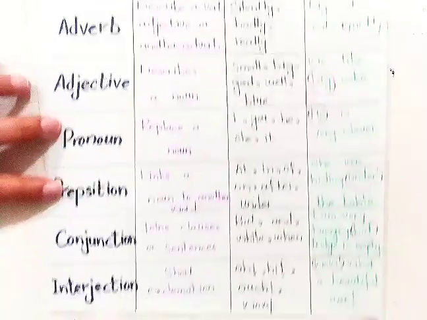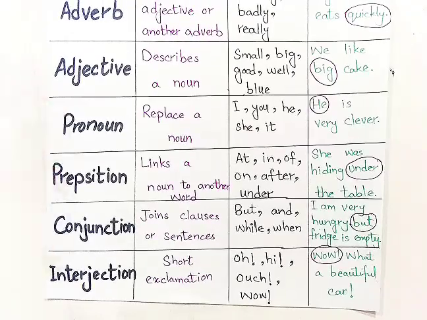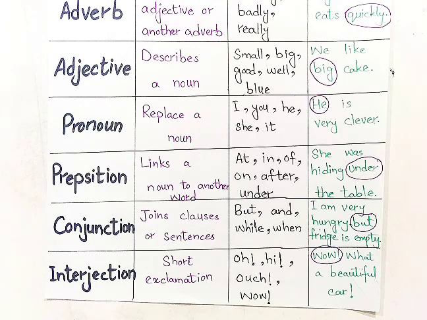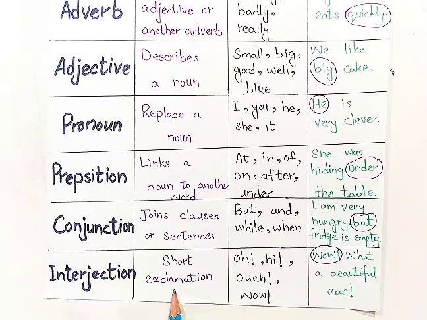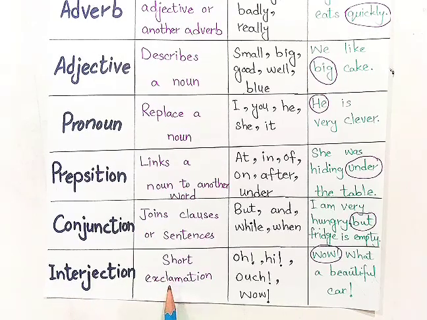Last but not the least, we have interjection. Now the function of interjection is short exclamation. Examples: oh, hi, ouch, wow. Sentence we have: wow, what a beautiful car. The word wow is an